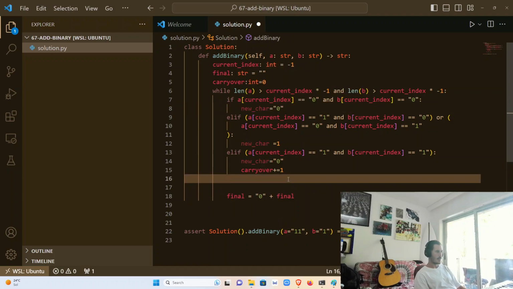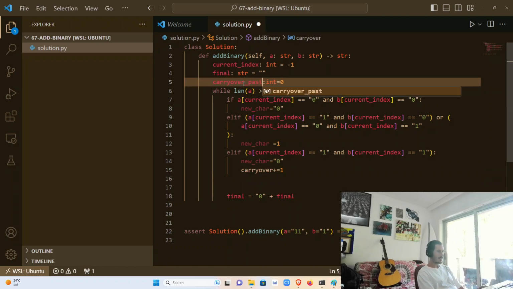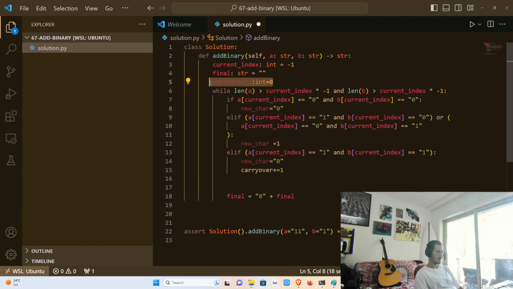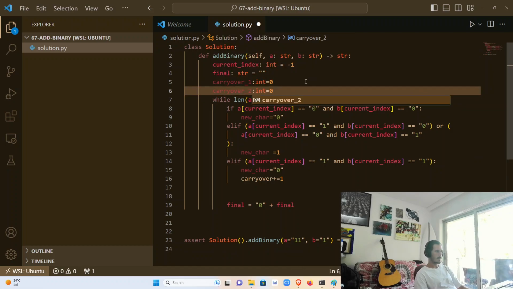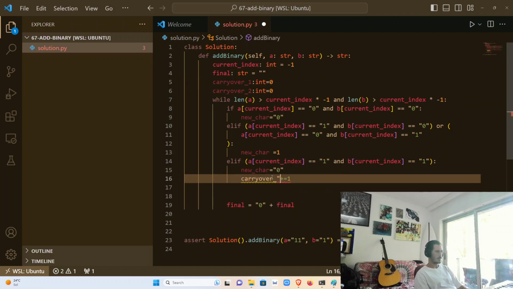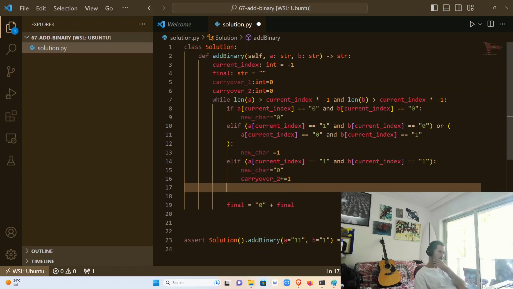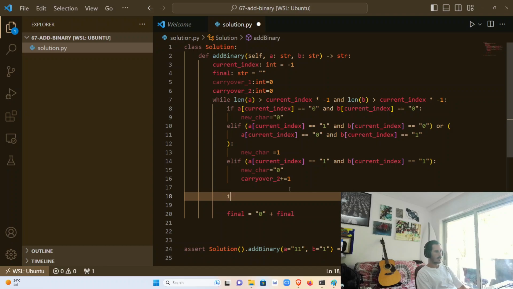Because I can only carry over once. Do this. Carry over past. Okay, let's just call it carry over 1 and carry over 2. So carry over 2 is this one. So if new char, if carry over 1, carry over 1 is the one that comes from before. Yeah. If carry over 1,